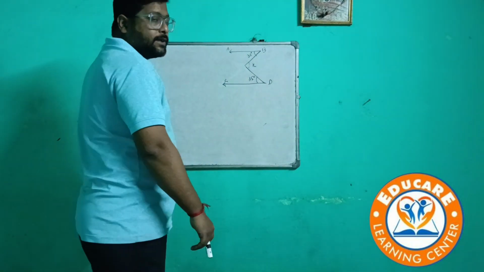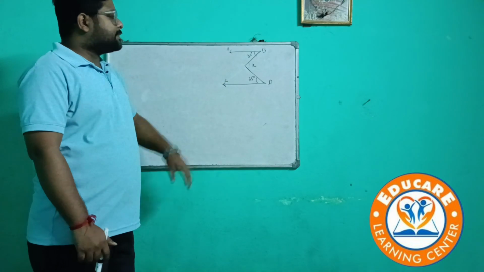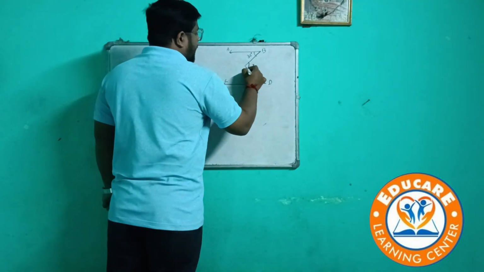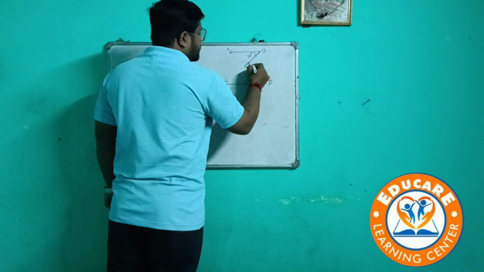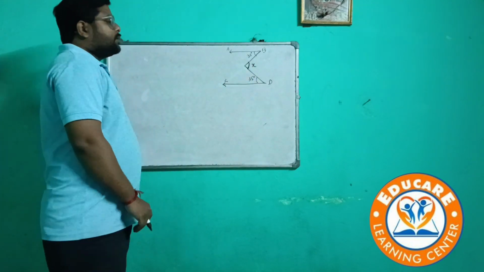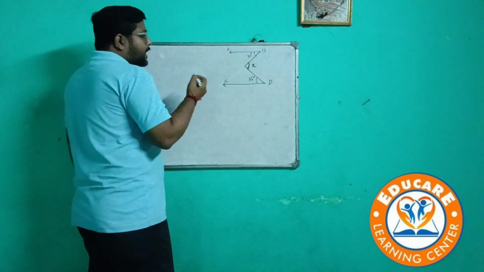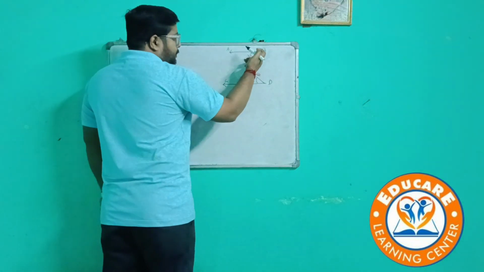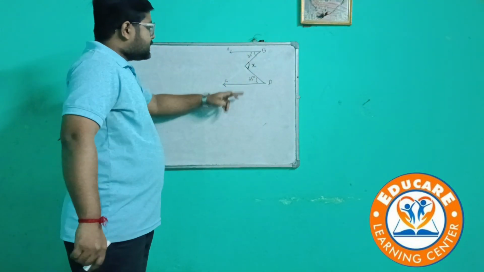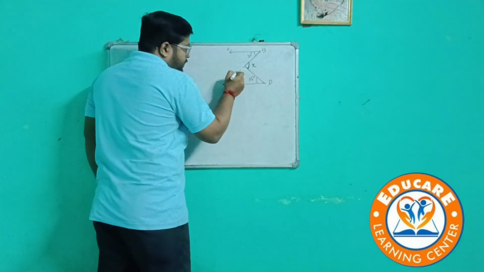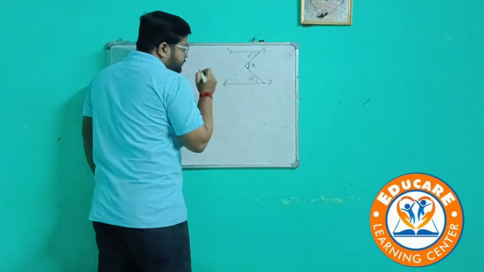Alright, today we have come across a question where a figure is given and you need to find the value of x. This is the angle that you need to find and this is termed as x. Now before solving this, you need to construct a line that will join B and C completely. So we are doing a construction. So we are joining these lines.